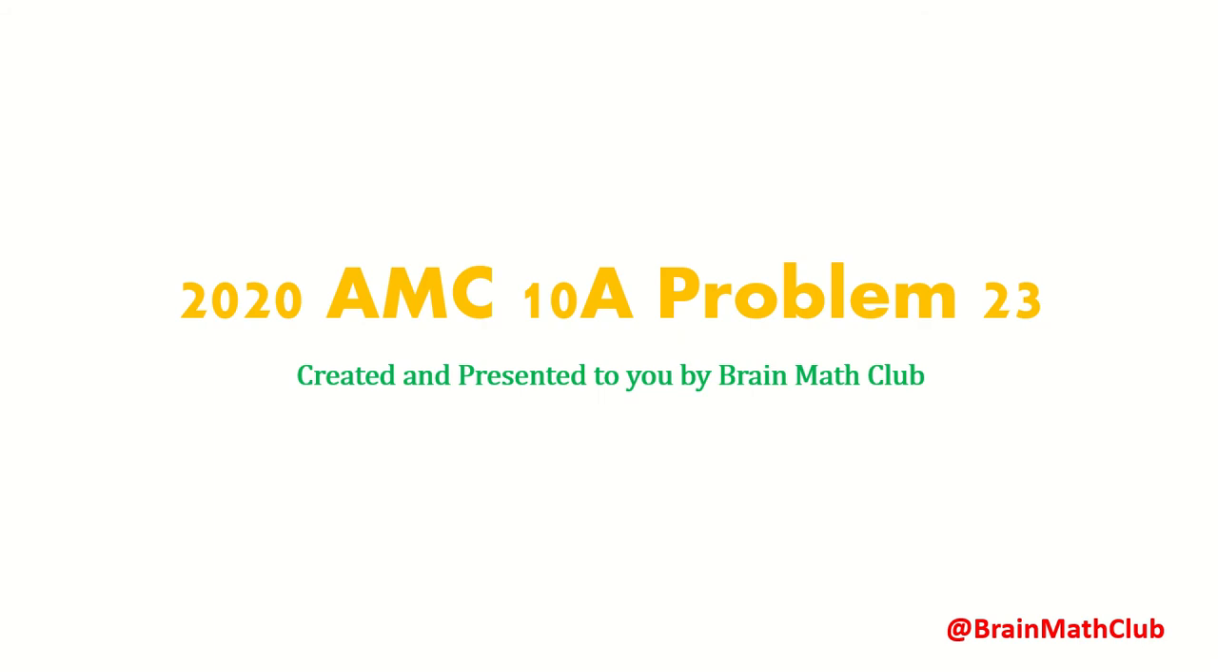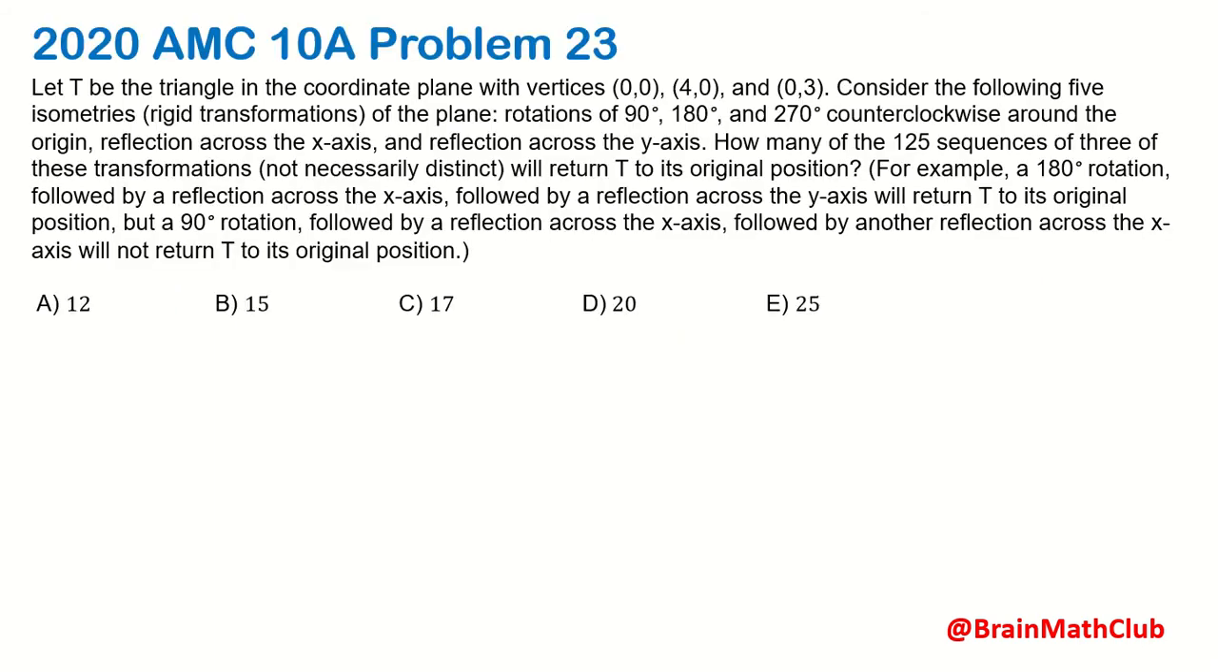Today we're going to be solving another AMC 10 problem. Let T be the triangle in the coordinate plane with vertices (0, 0), (4, 0), and (0, 3). Consider the following 5 isometries, rigid transformations of the plane. Rotations of 90 degrees, 180 degrees, and 270 degrees counterclockwise around the origin, a reflection across the x-axis, and reflection